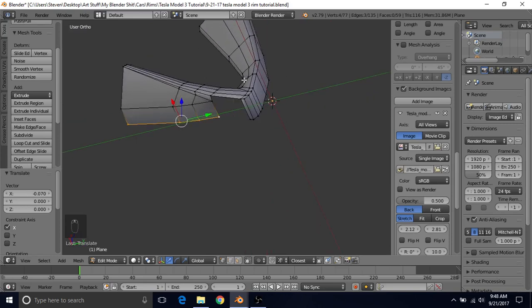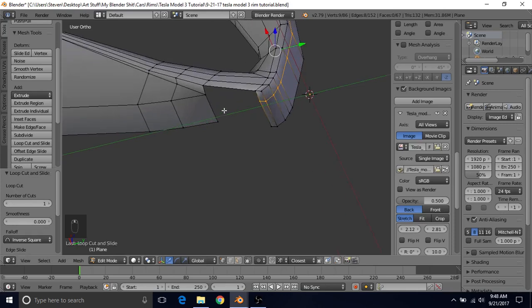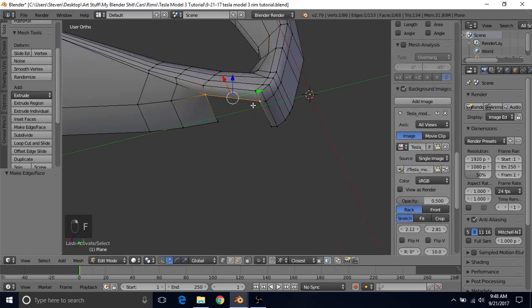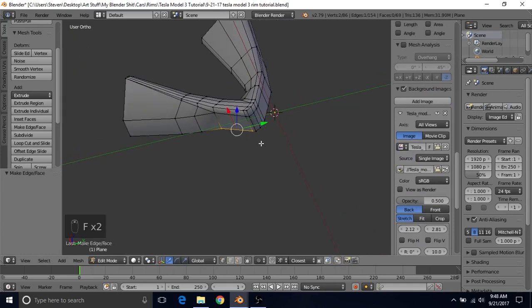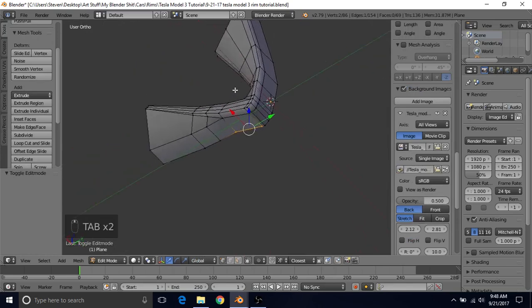And then we can do Ctrl R, add in a loop cut here, and put it maybe here to line up with this one. And we can select these four, press F to make a face, select these two, press F to make a face, and you've got something like that,